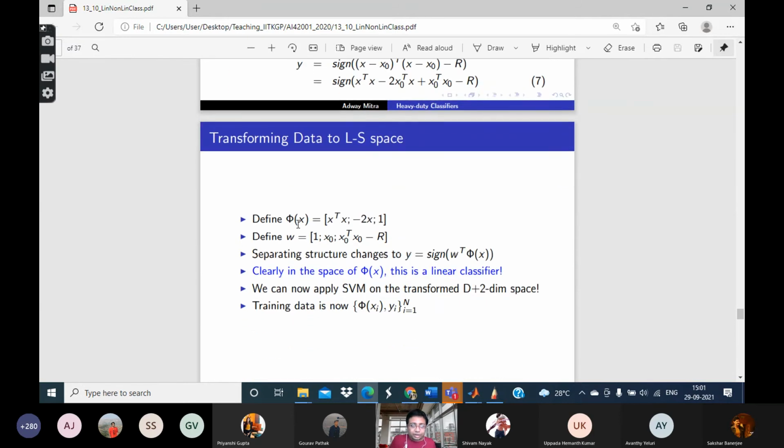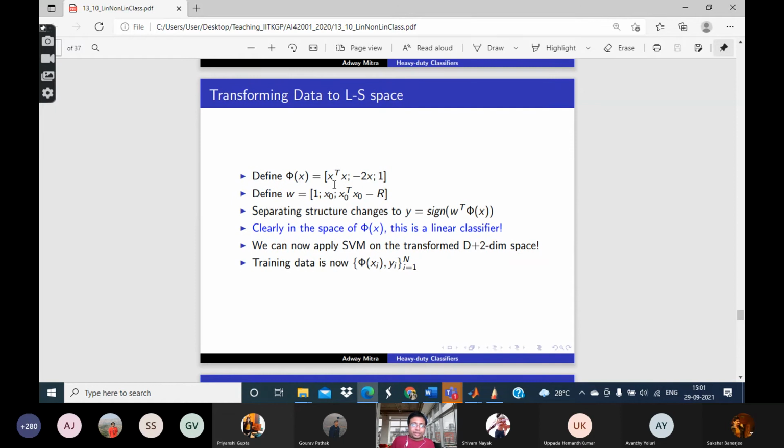So suppose I define a transformation of the data in the following way. X is my feature vector, a d-dimensional feature vector lying in the normal feature space. Now suppose that instead of considering the feature vectors X, I consider a transformed value of that feature vector as follows. It continues to remain a vector. The first element of the vector is X transpose X, which is of course a scalar. After that, the whole vector X is put in but multiplied with a factor of -2, and finally we add a 1 to it.